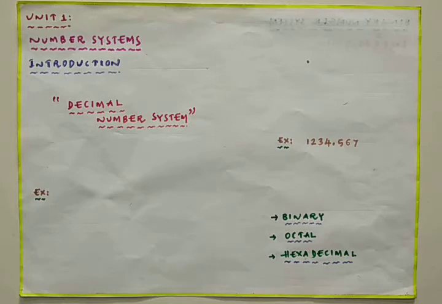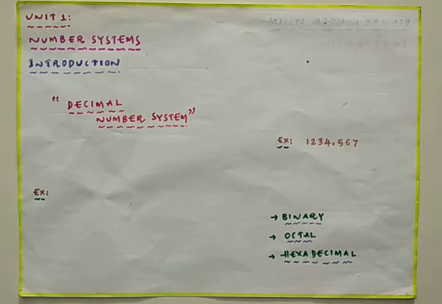Generally, numbers are used to quantify anything. For example, if we wanted to know the time, then we are going to quantify the time in numbers. If we wanted to travel from Hyderabad to Warangal, then we will count the journey with respect to kilometers. Kilometers will be quantified in numbers. Numbers are the fundamental digits which are going to quantify anything. That is the need of the number system.